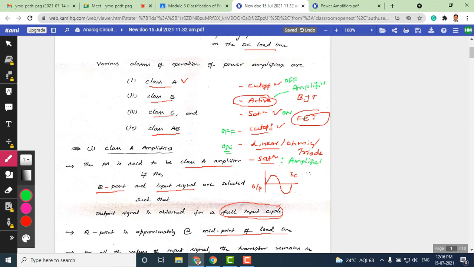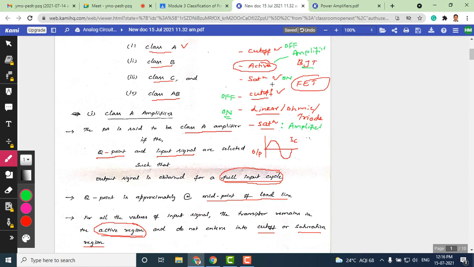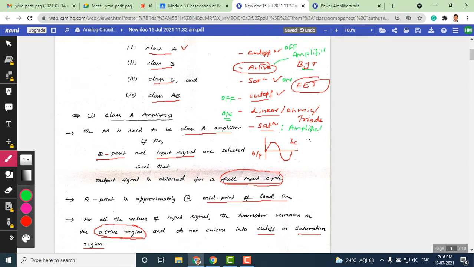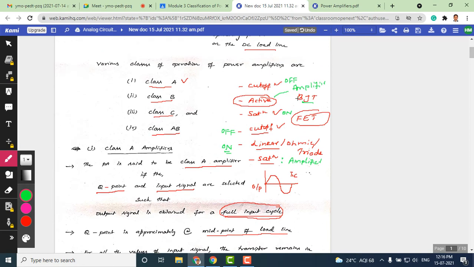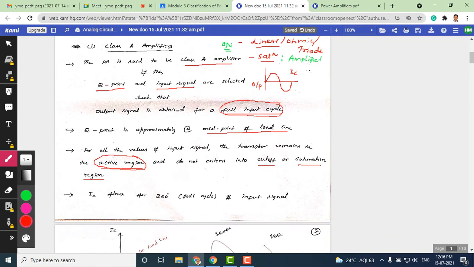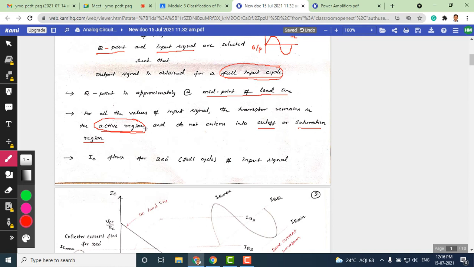So you must be careful when you discuss these two fundamental electronic devices, BJT and FET, simultaneously. Right now our chapter is restricted to the BJT, not FET. So students, you need to be familiar with these regions of operation since we are discussing from the BJT point of view, not with reference to FET. Okay, the conditions, I hope you are clear.